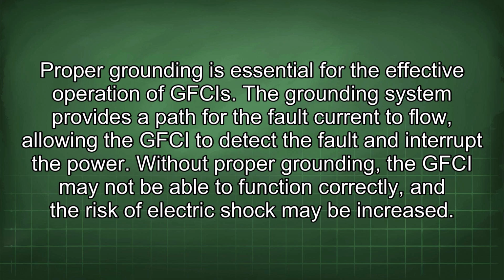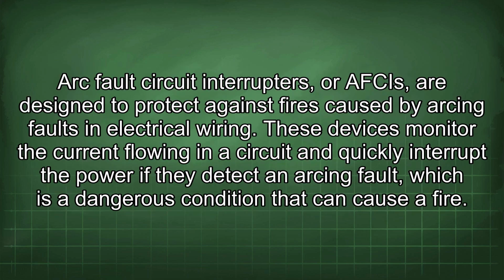The grounding system provides a path for the fault current to flow, allowing the GFCI to detect the fault and interrupt the power. Without proper grounding, the GFCI may not be able to function correctly, and the risk of electric shock may be increased. Arc fault circuit interrupters, or AFCIs, are designed to protect against fires caused by arcing faults